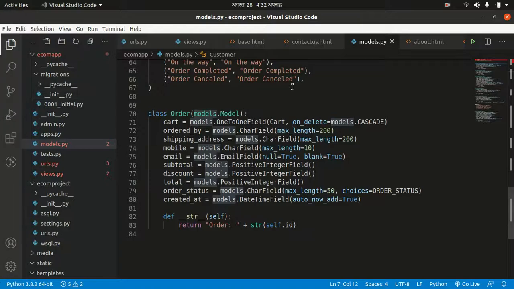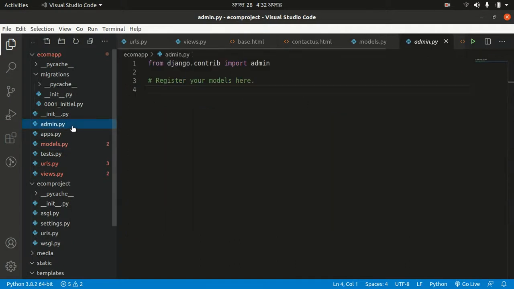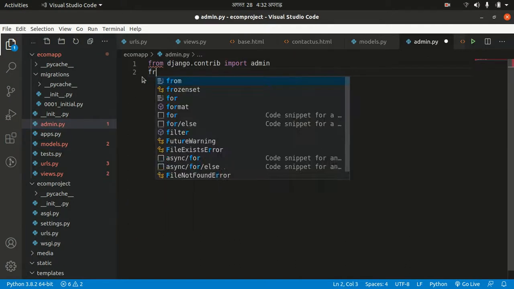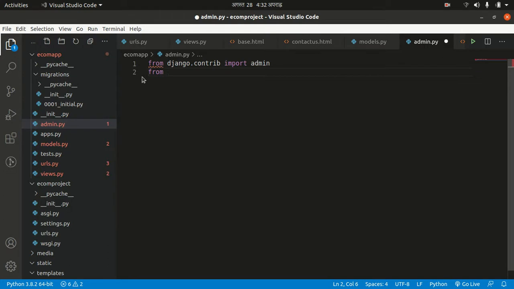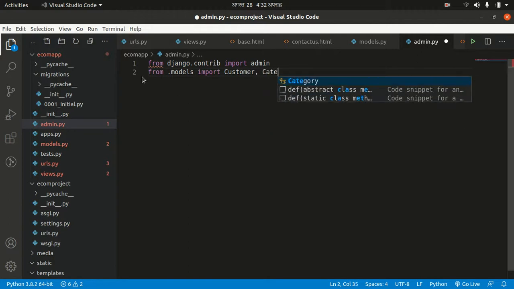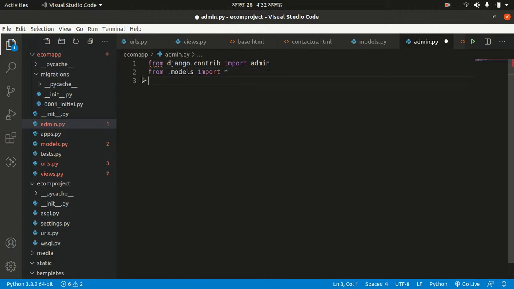To show them in the admin panel, we have to go to our admin.py file. First of all, we have to import from .models. Okay, .models means the models file in the same folder. Import your customer class, your category class, but for convenience I am importing all. And to register,